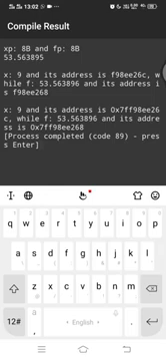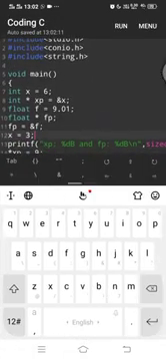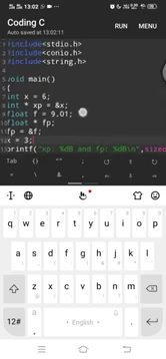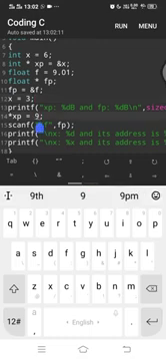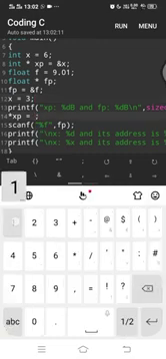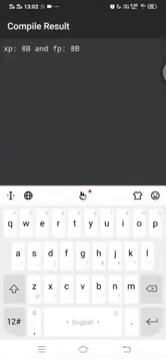Okay, so this is the hexadecimal of 9. It is basically 9. Go back and let us make this into 15. Now